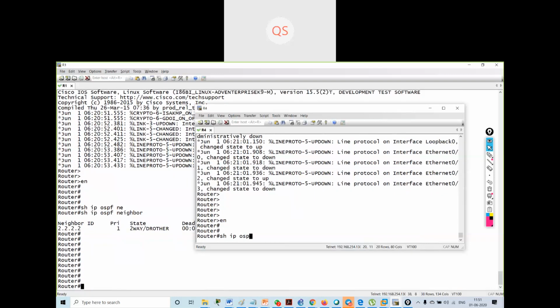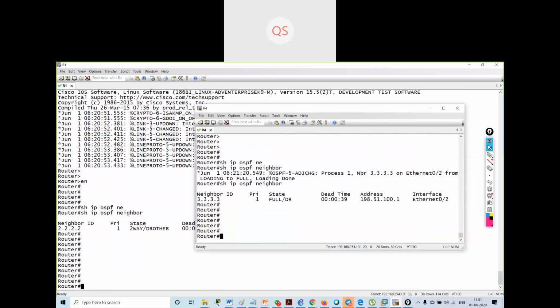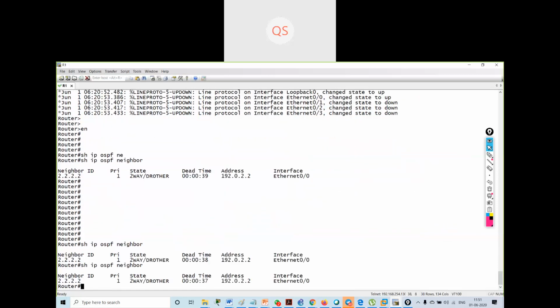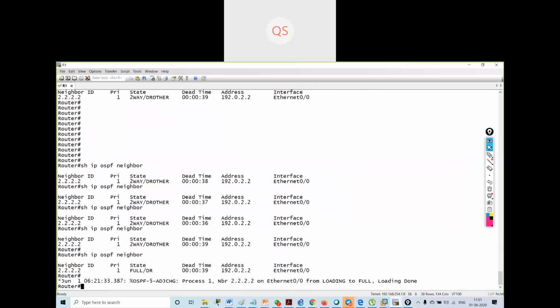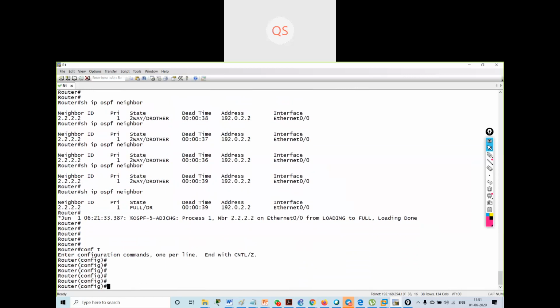Show IP OSPF neighbors. It's still in two-way state. Now the adjacency is full. So we'll configure the commands once again.